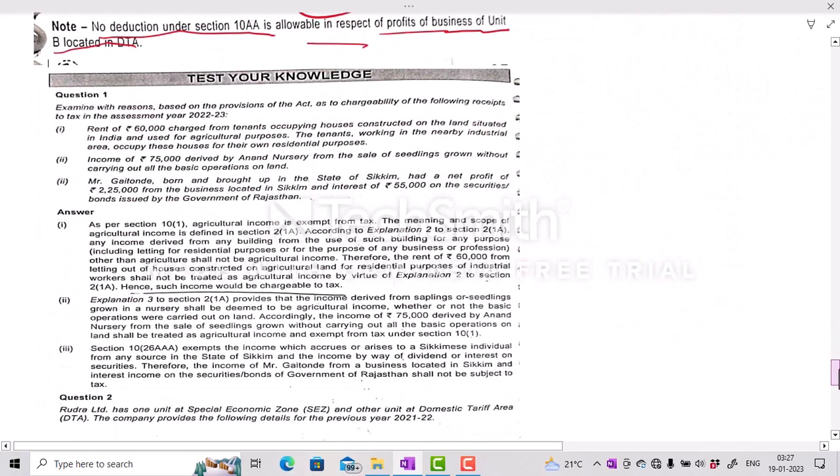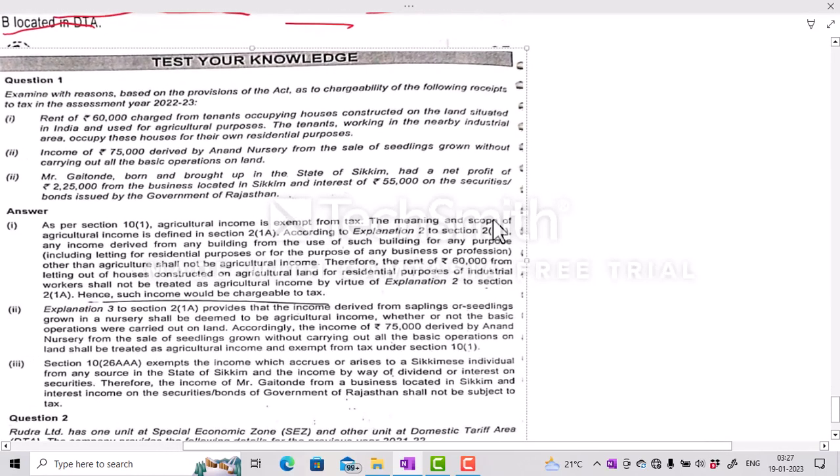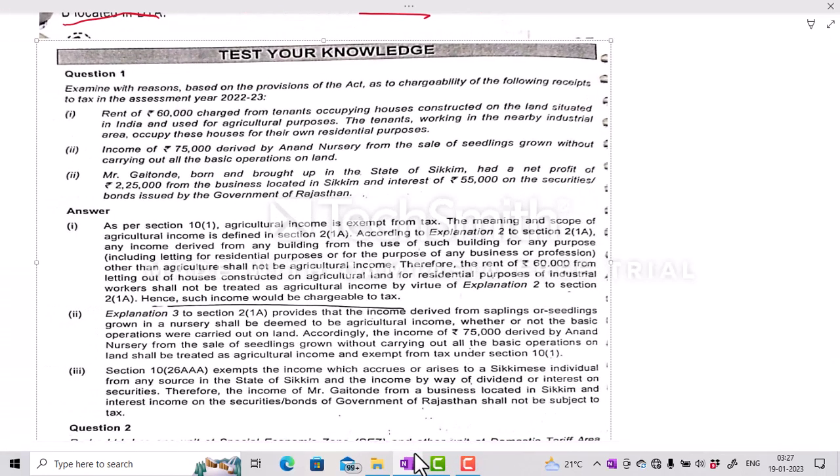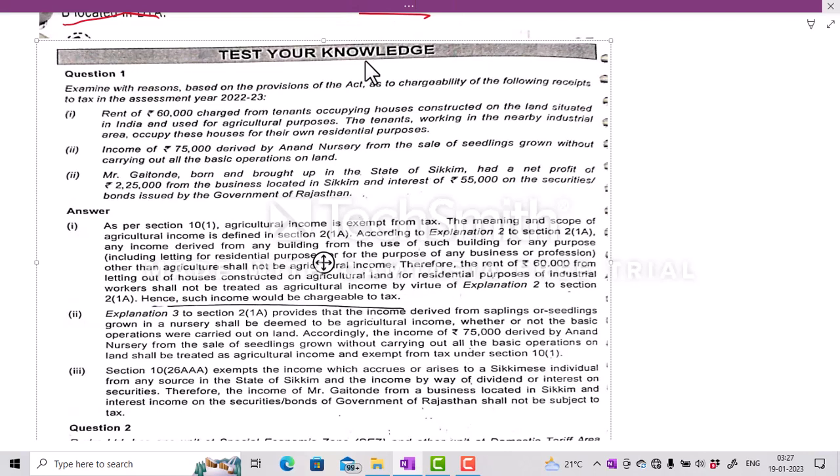Let's start with the test your knowledge questions. Just a minute, I'll expand this. Examine with reasons, based on provisions of the Act, the chargeability of the following receipts to tax in assessment